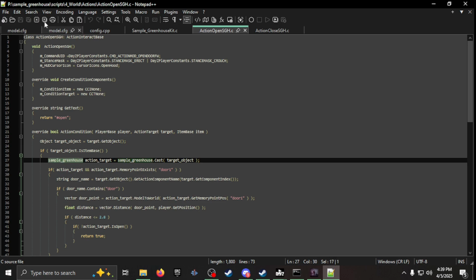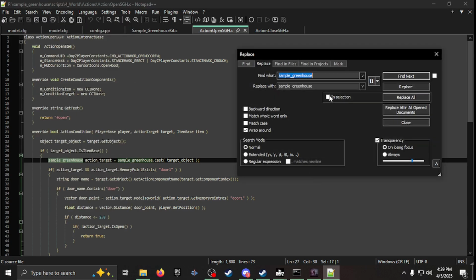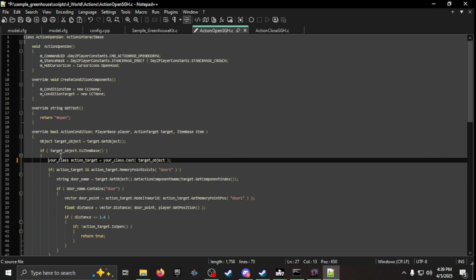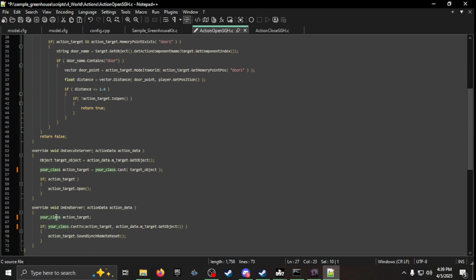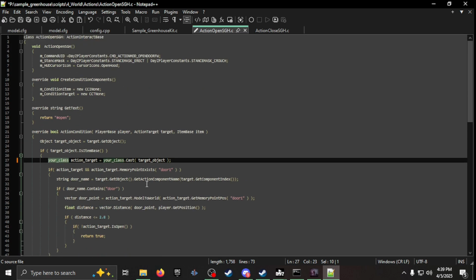Double click it, go to search, replace with, and put your class name for your greenhouse, and then hit replace all, and you'll see that it just replaced all of them. So if I hit your class, double click, you'll see it replaced all of them to what you need. So again, this is for the open script,